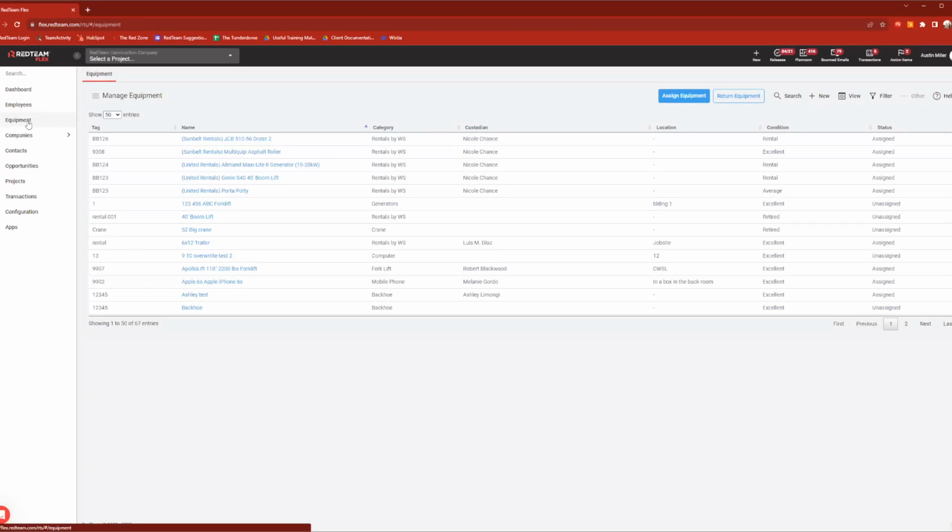Now, in RedTeam Flex, you'll be able to track equipment that your company owns or is renting. We'll have separate categories for that. You can come in here, click the plus sign, add new equipment. Now, this can be anything from tools, heavy machinery, company trucks, generators, really anything that you want to track. And there's kind of two different ways you can track equipment in RedTeam. You can track maintenance of it. So if it's something like a company truck,